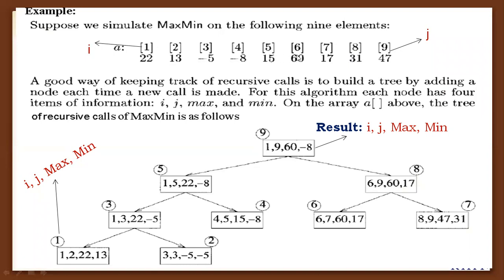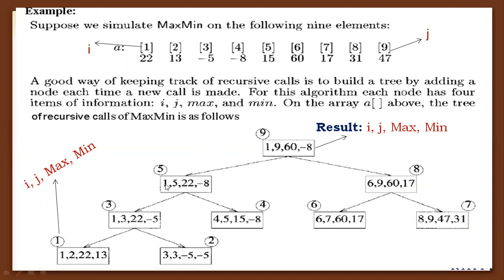Consider the array of size 9. We can split the array into 2 sub-arrays, then find the mid element. The middle element is 5. So if you split the array into 2 parts, 1 to 5 is the left sub array, and 6 to 9 is the right side sub array. The array 1 to 9 is split into 1 to 5 as the left side sub array and 6 to 9 elements as the right side sub array.